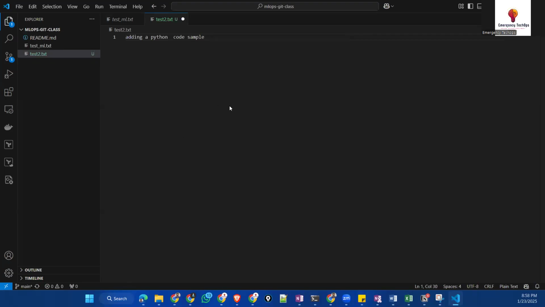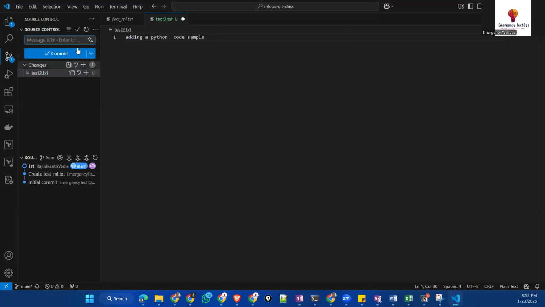Now I would like to commit this one. We know in the Git Bash how to do a commit, but how to do it in VS Code? Here on the left side, whenever you write something, it will enable this one. You need to commit here, click on it, and then it will ask you to enter a message.